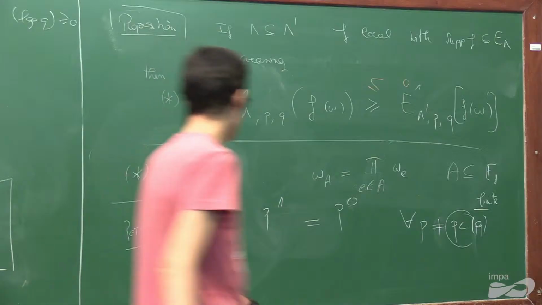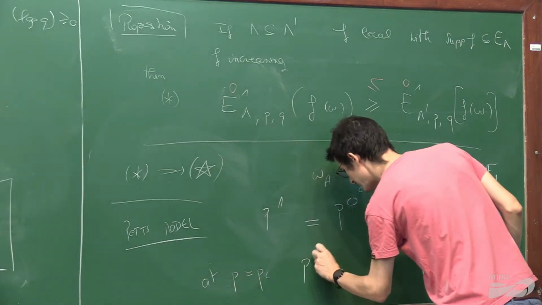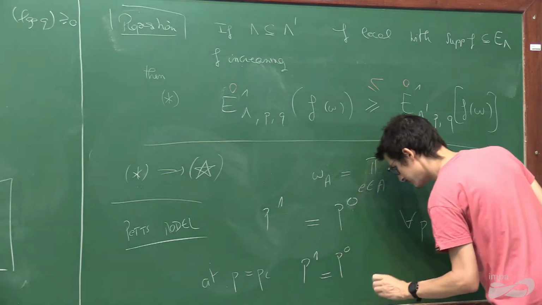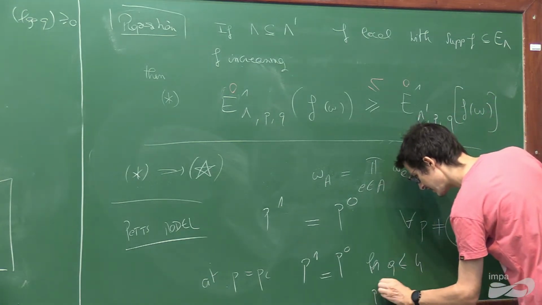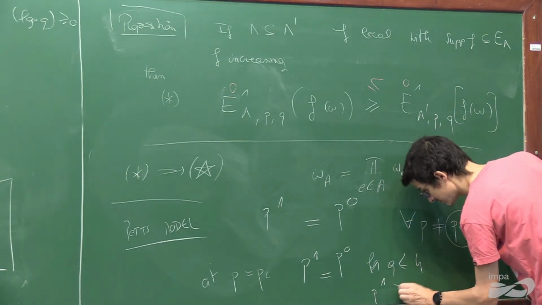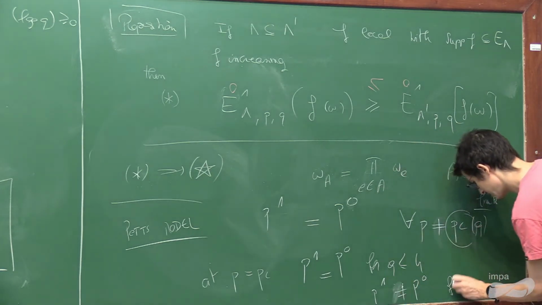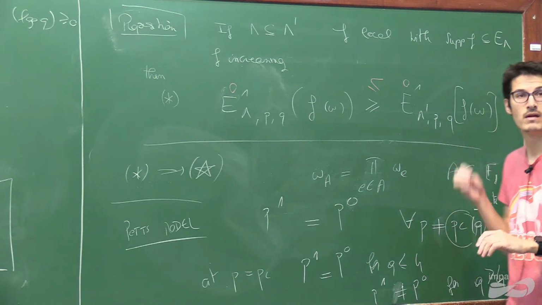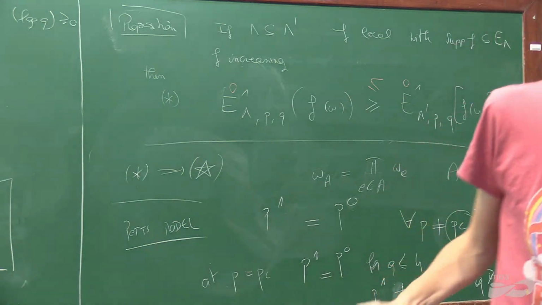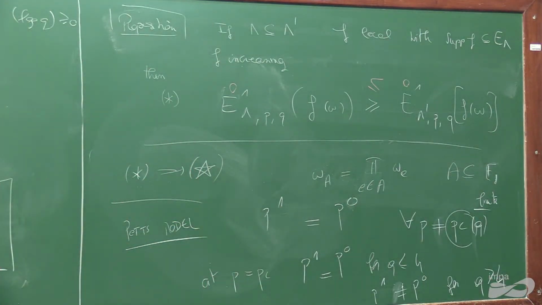And at p equal pc, what we have is that P1 is equal to P0 for q smaller or equal to 4, and P1 is strictly larger, well, is not equal to P0, for q larger than 4. Okay, so this means that, yeah, basically if you take the Potts model with more than 4 colors, you have this really weird thing that happens